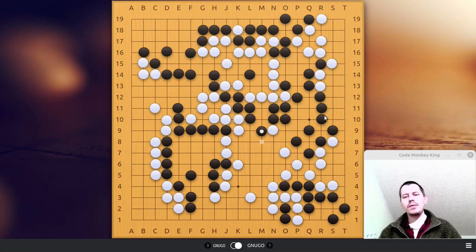No matter if it plays at the highest level it can, it would just grab some territory here because it would be a better calculation. It would just be outplaying me tactically and locally. But generally, since it doesn't have a neural network to have an overall grip on a position, like an understanding of what's happening on the larger scale,